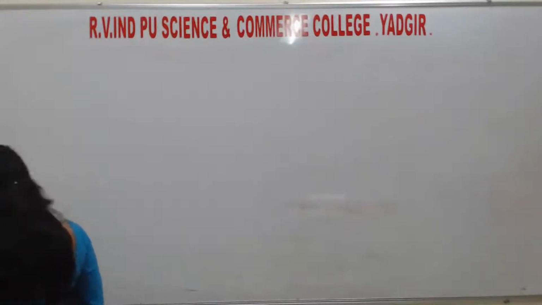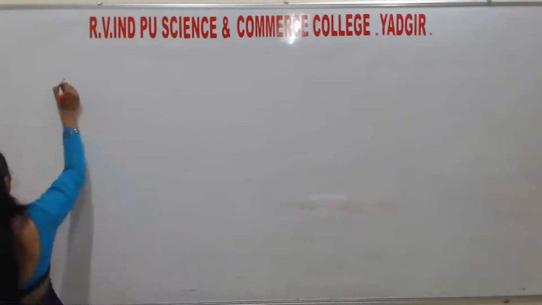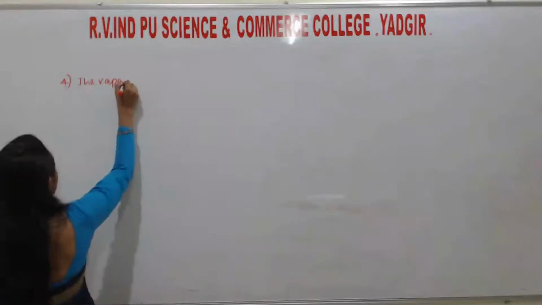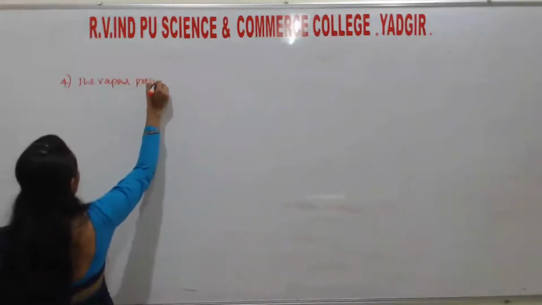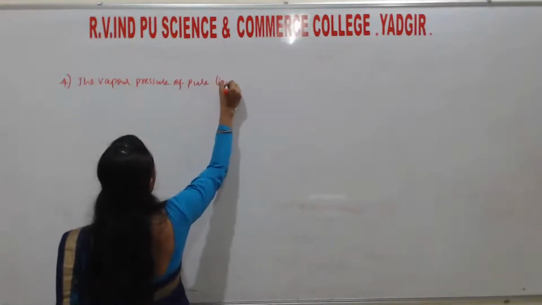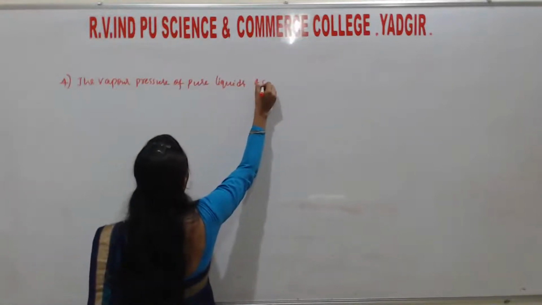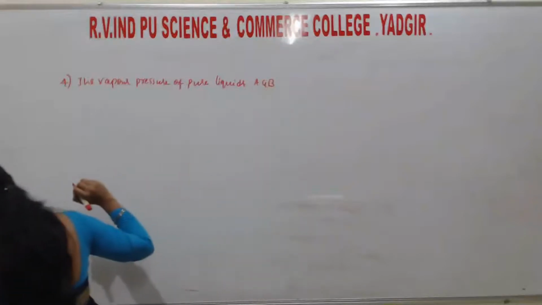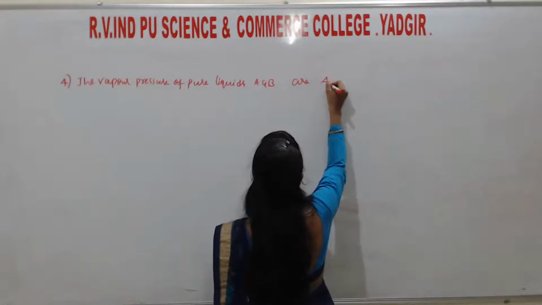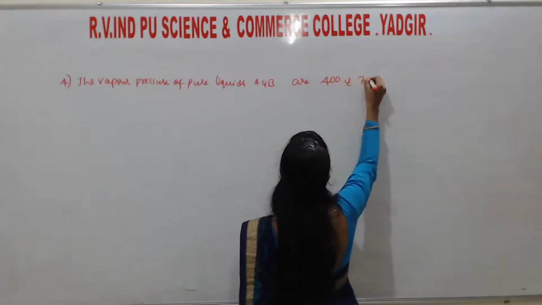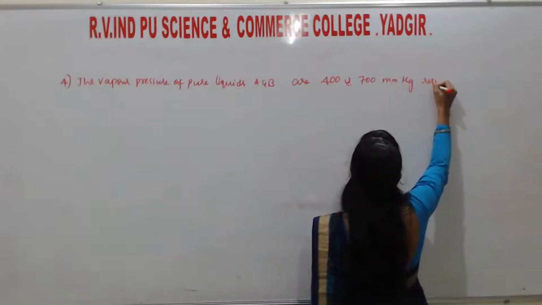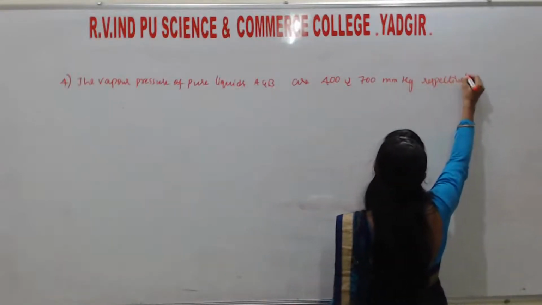The vapor pressure of pure liquids A and B are 400 and 700 mmHg respectively